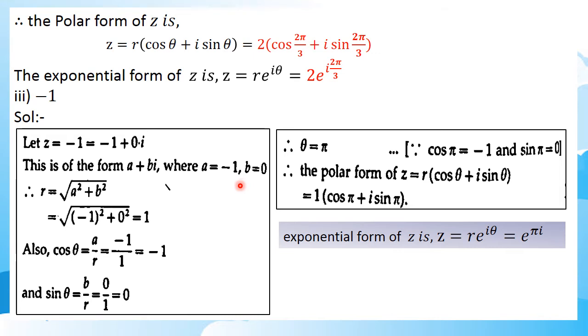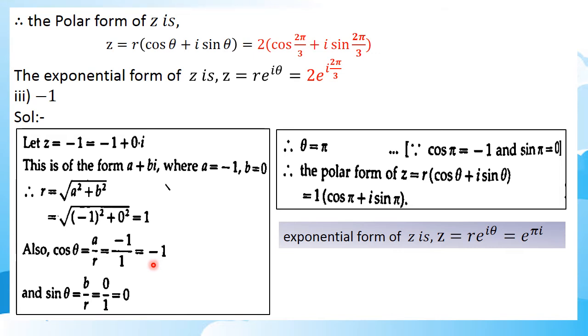cos theta is minus 1 and sin theta is 0 means theta lies on the negative x-axis. That is, the angle is 180 degrees or pi. That is exactly on the real axis the angle lies, and it is pi. That is, it is the negative direction, so it completes a half rotation. That is, minus 1 means pi. Theta is equal to pi.